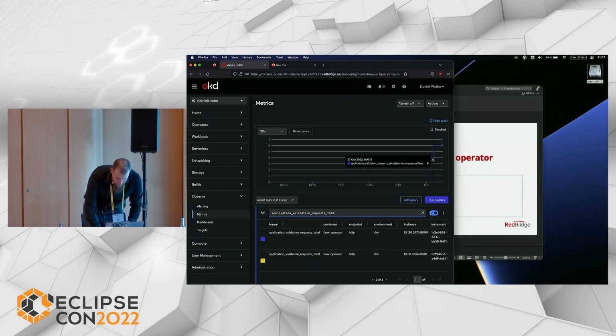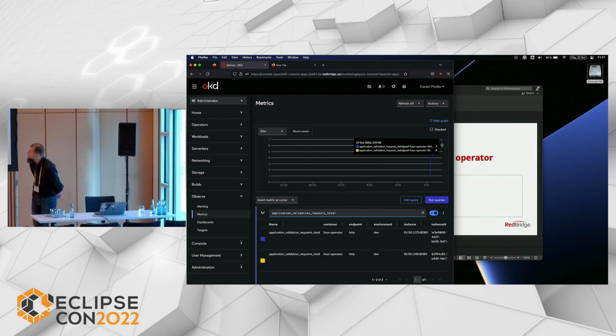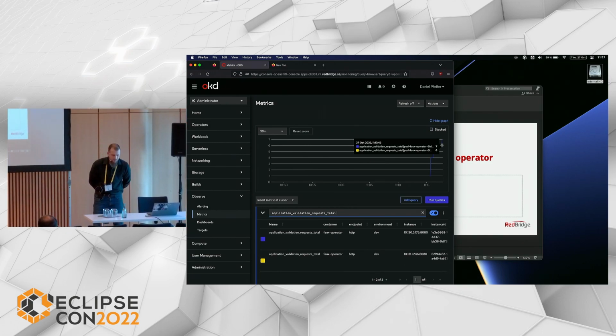So we will see, since I started this, we had 7 total reconcile requests from one operator. I think it's really hard to see for you guys in the back because the light is actually directly shining onto it, but believe me, it's there. Not reconcile requests, validation requests.